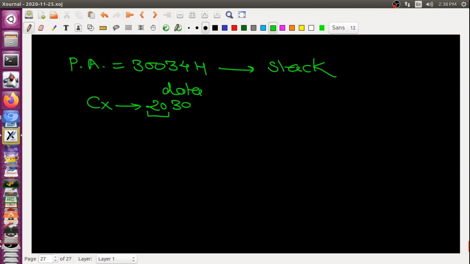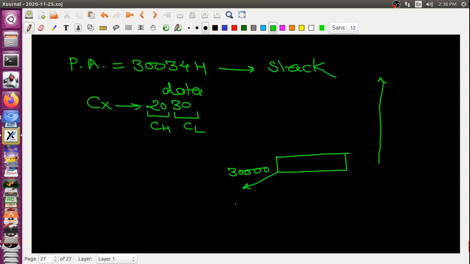Obviously this data is available in CH and CL. If I draw the stack, for example, my stack segment I initialize at the memory location 30000. It is going like this. This is the starting of the stack segment.